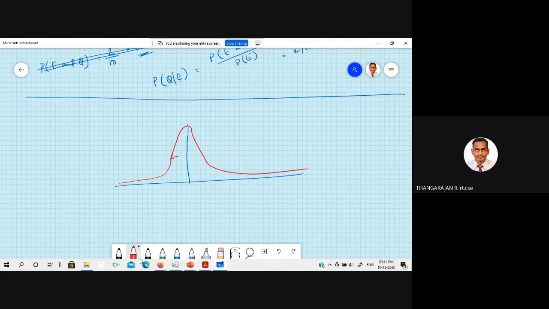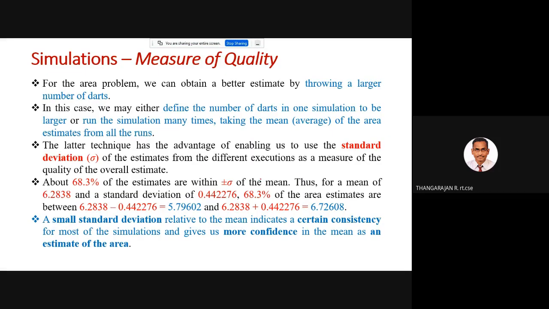And this spread is called the variance. Sigma is the standard deviation and sigma squared is the variance. This standard deviation, or sigma, tells you the spread around the mean, mu. So you predict that the value is around the mean, but there is some uncertainty involved, that is the spread across the mean, and it is measured using standard deviation. So that's what the standard deviation means.